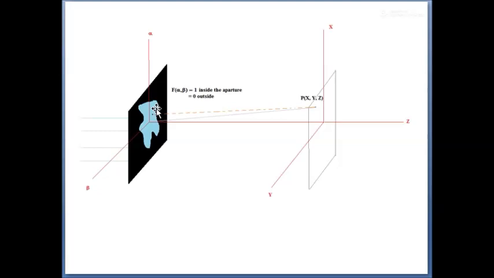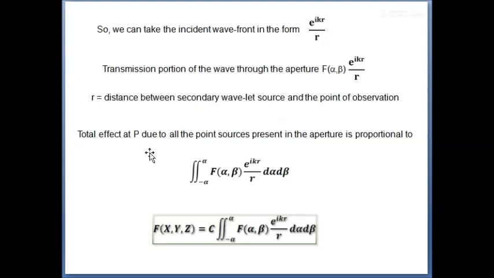So in that situation, r is simply the distance between P and Q. So I consider r as the distance between the secondary wavelet source and the point of observation. So the total effect due to all the secondary wavelets at the point P